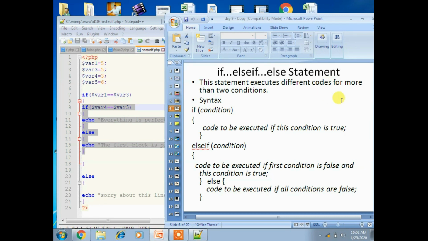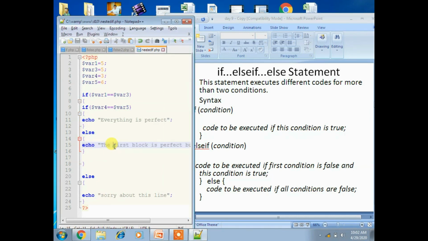So we'll see the syntax: if the condition is true, else if another condition, if the first condition is false and this condition is true, else you'll go for the false block. For this we'll take one good example, which you can understand easily, based on daily life.